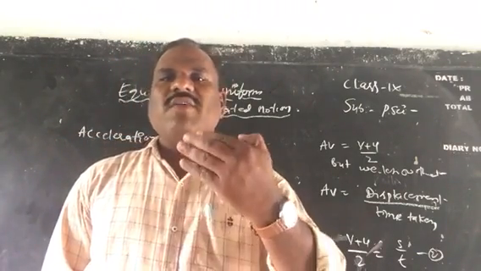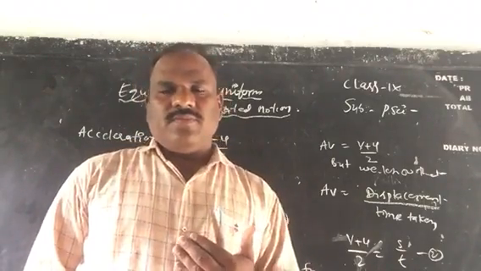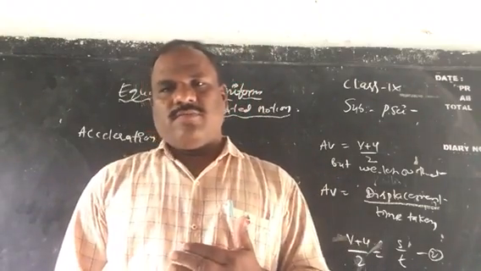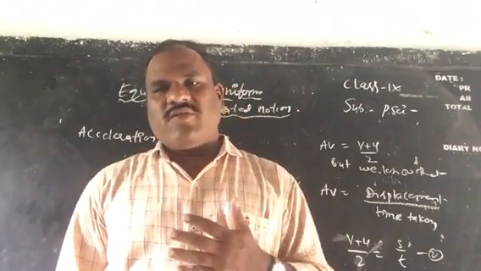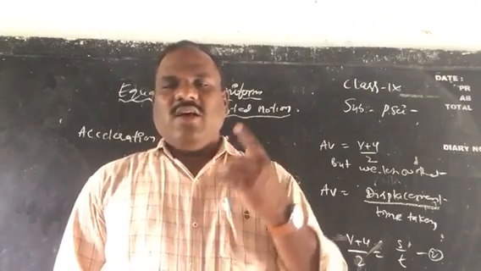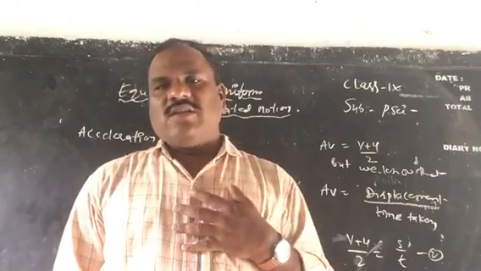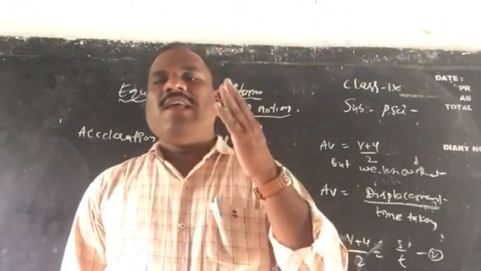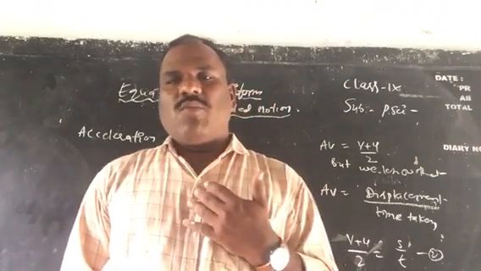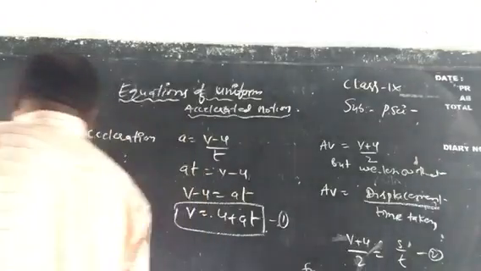First of all, what are equations of motion? Children, equations of motion are nothing but when symbols and formulas of physical quantities such as acceleration, displacement, distance, initial velocity, final velocity can be formed into an equation, it is called equations of motion. There are three equations of motion. They are